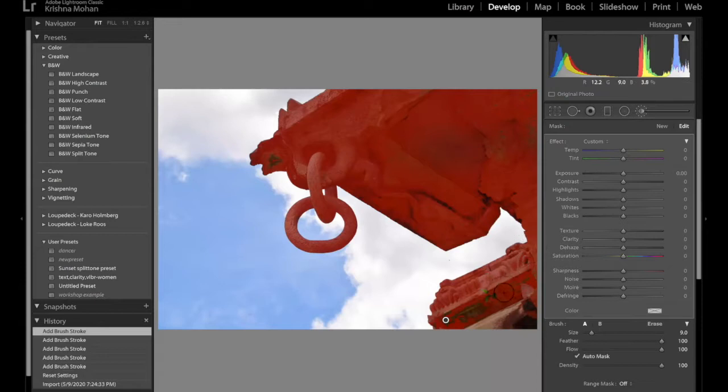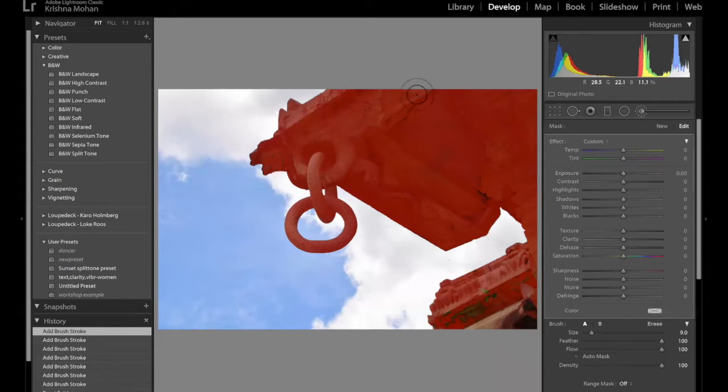Now, one of the problems with auto mask is it finds edges everywhere. I have got a very clean outer edge, but there are a lot of areas inside the roof which also have various textures. Those textures will not be covered with this brush. So now I'll untick the auto mask, then paint those areas wherever they were missed. Now the whole area is covered.